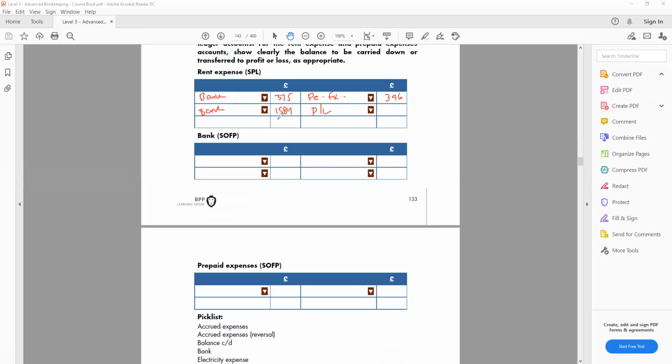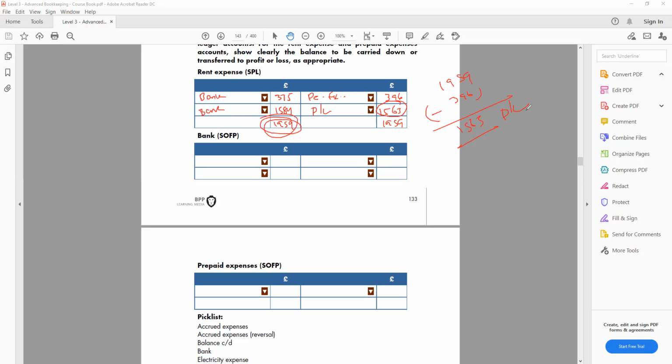That will be the total of that 1959, and the balance c/d or profit and loss account will be 1563. This is the one we're going to charge to profit and loss account as a rent expense. Even though we paid this amount from the bank, still this amount is not relevant to this year because some of the money we paid in advance and we have to reduce it. So you can see from 1959 pound, we minus 396. So basically that gives me the figure 1563, and that is relevant to this year's financial statement,